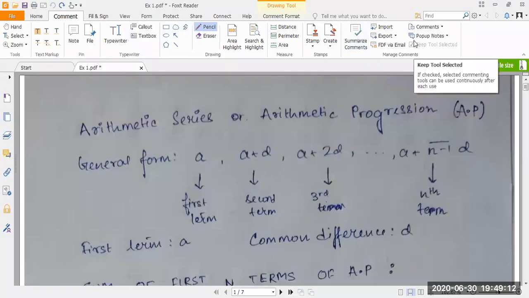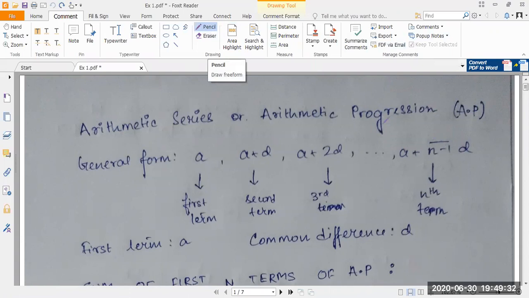So a sequence is basically a set of numbers, and the progression is essentially a series or a sequence of numbers which is governed by a particular rule. There are certain rules which are governing the arithmetic progressions or geometric progressions. We shall discuss them in this session. So let's start with arithmetic series or arithmetic progression.